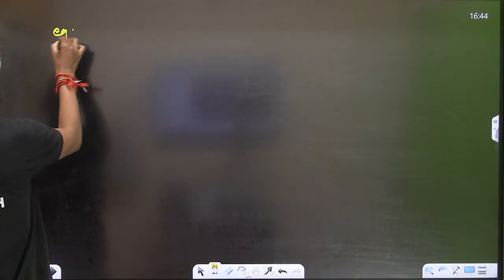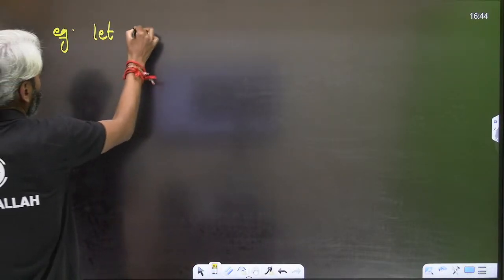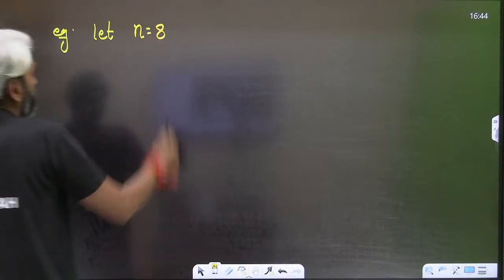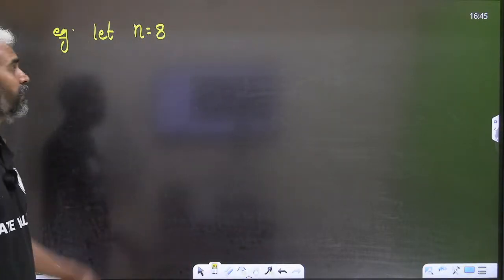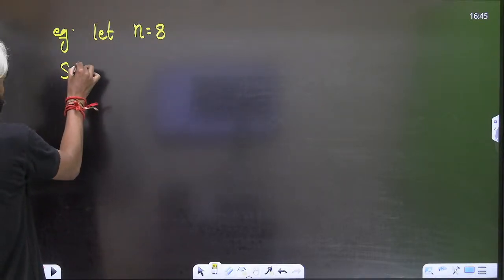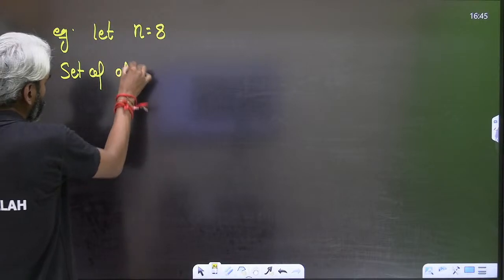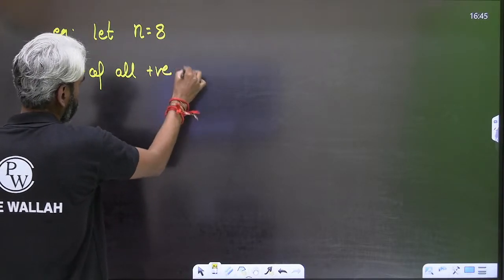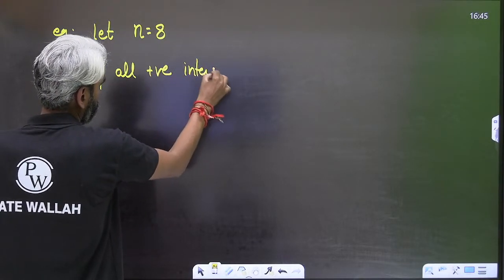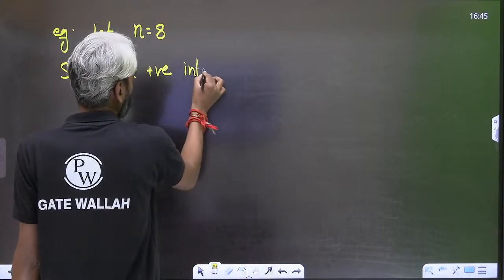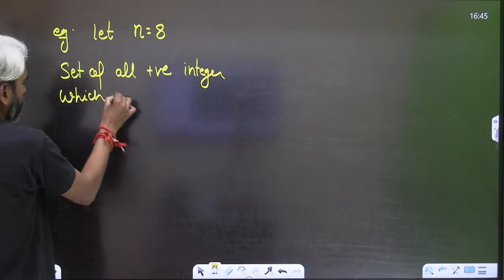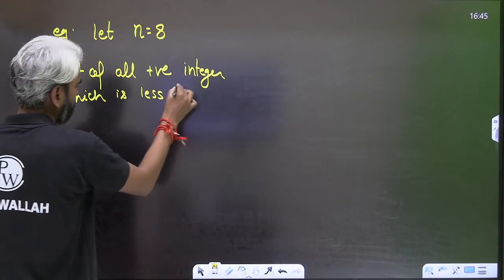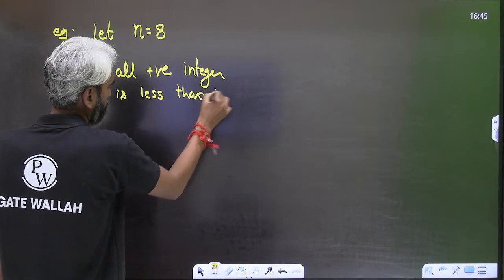Example, let n equal 8. Then can you list all the numbers which are less than 8 and co-prime to 8? Set of all positive integers less than 8 and